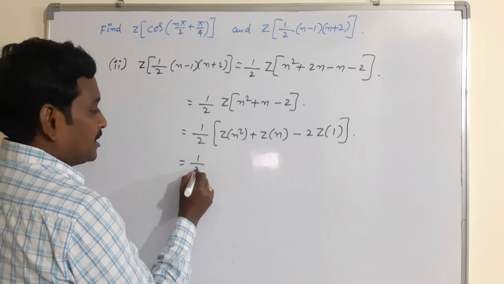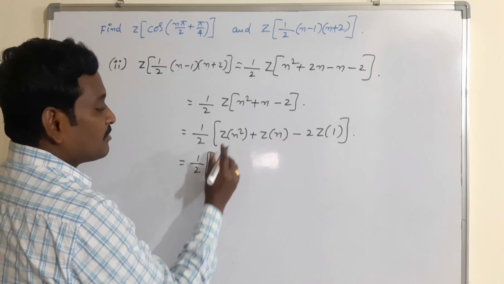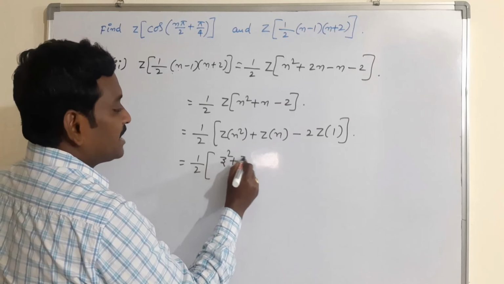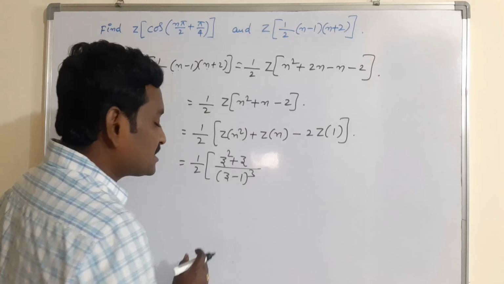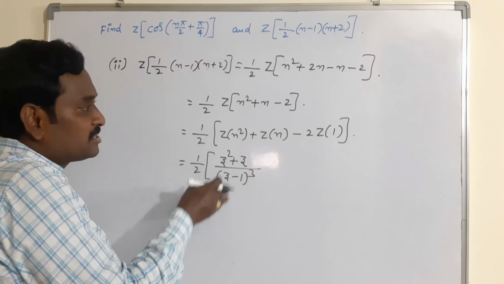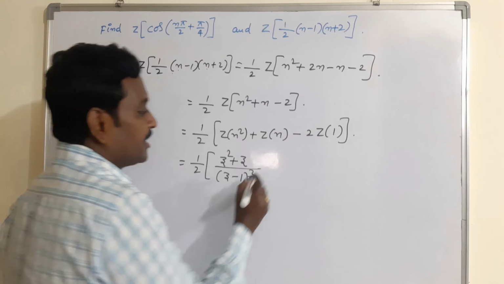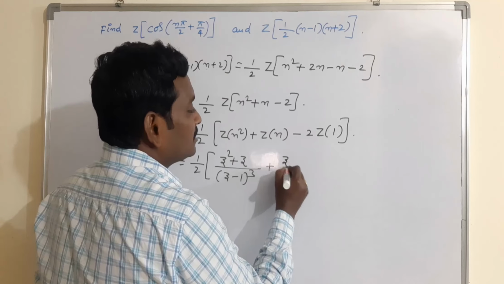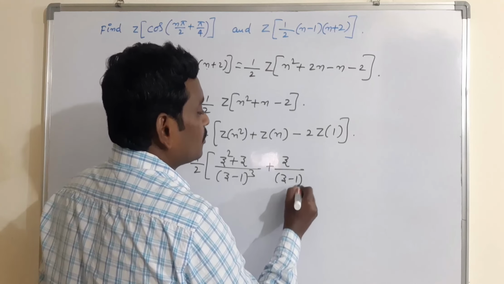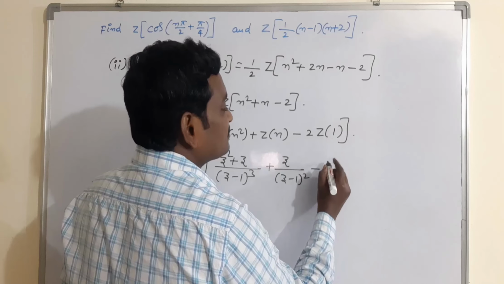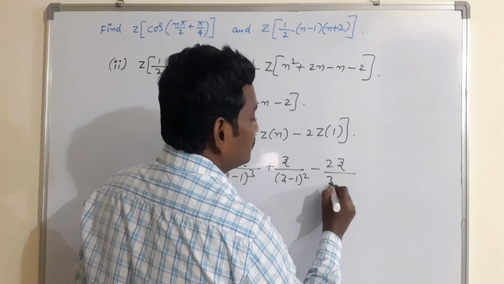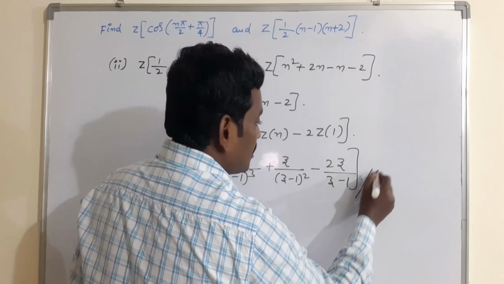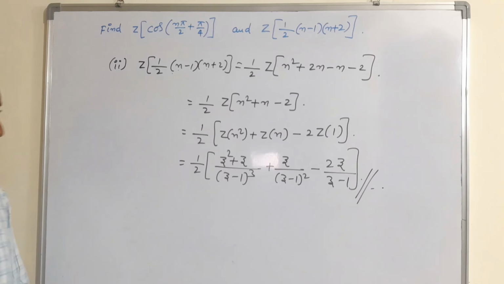Okay, already we know that what is Z transform of n square? (Z square plus Z) whole by (Z minus 1) whole cube. It is not necessary to prove this result here. Just directly you can write the formula. Okay. What is Z transform of n? Z by (Z minus 1) whole square minus what is Z transform of 1? 2 into, already 2 is there. That's why Z by (Z minus 1). It is not necessary to take the LCM. It is enough to write the Z transformations only.